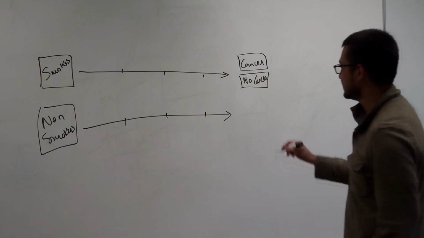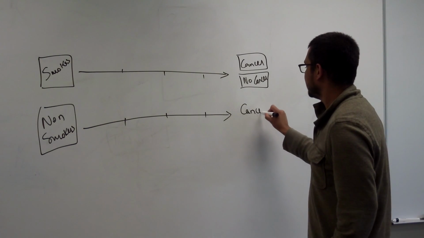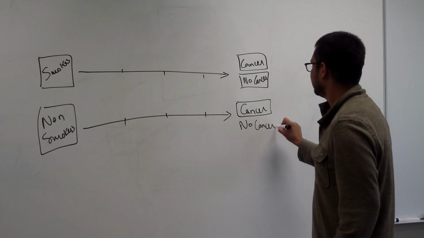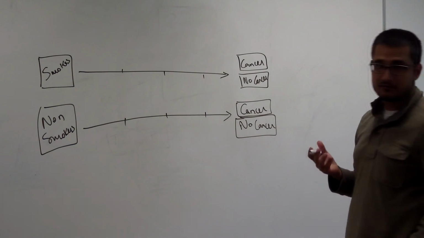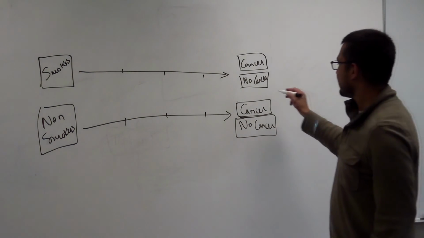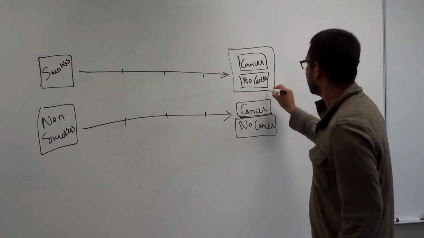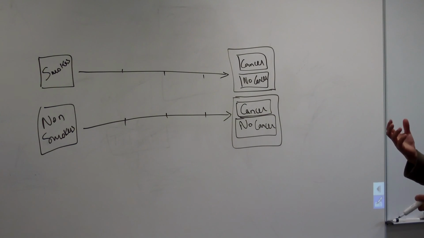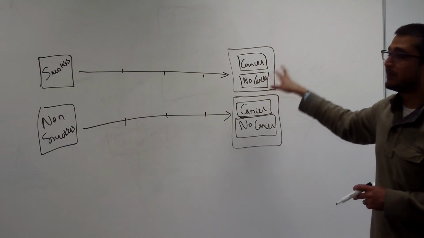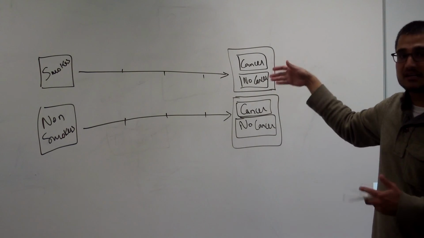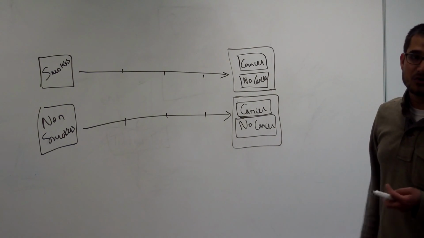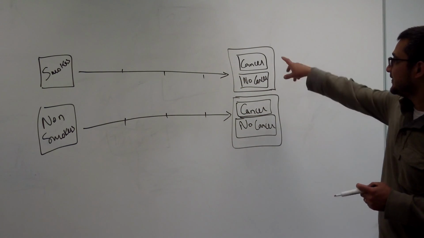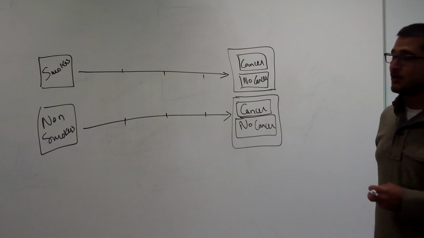And then you have non-smokers, and out of the non-smokers, some developed cancer and some did not. And so now what you want to find out is whether in the group of smokers the prevalence of cancer is significantly higher than in the group of non-smokers. Let's say we have 100 smokers, 100 non-smokers, and 50 of the smokers developed cancer, 15 non-smokers developed